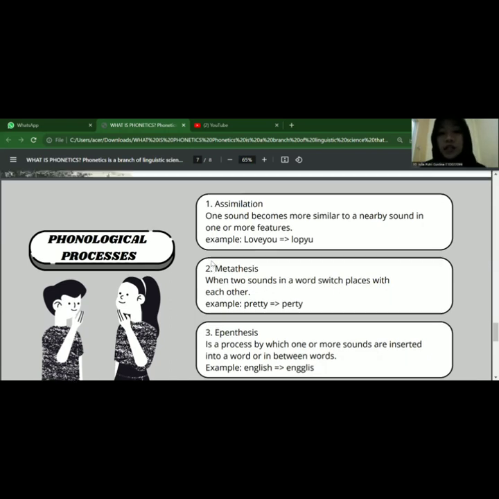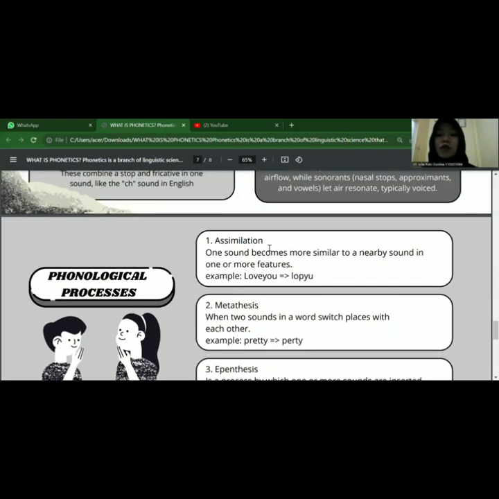The first one is assimilation. One sound becomes more similar to a nearby sound in one or more features. For example, "love you" to be "luv you". So it is actually similar. Most people will always say it that way instead of the full form, because it is easier to say. And the next one is